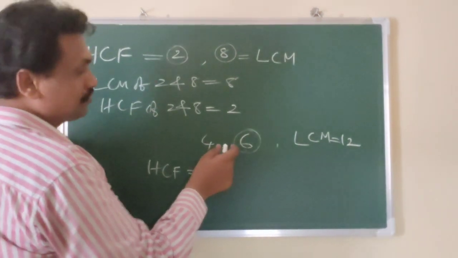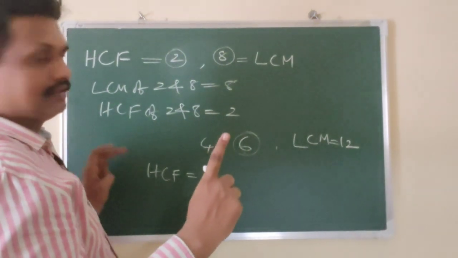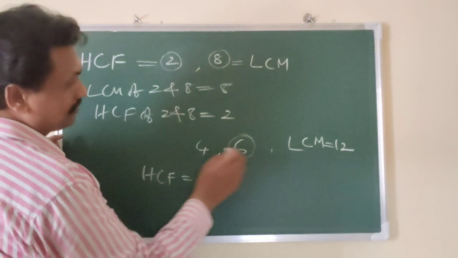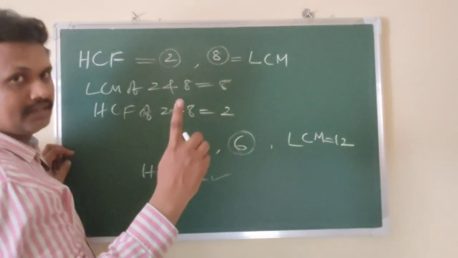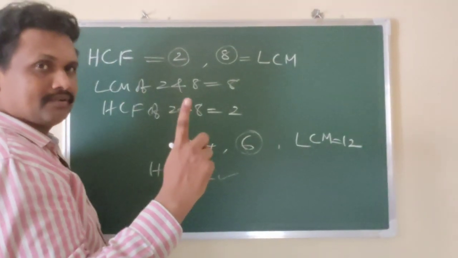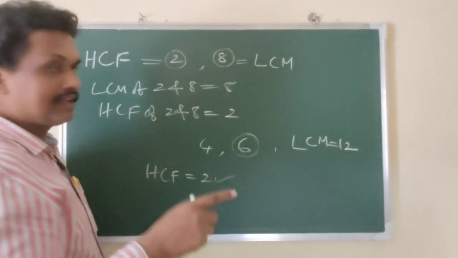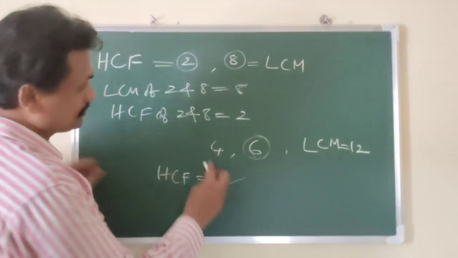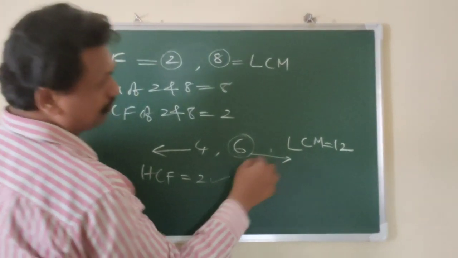Like that, observe the difference. If the difference is very small, say 1, then compulsorily 1 is the HCF. If the difference is 2, check whether both numbers are divisible by 2 or not. If divisible by 2, then 2 is the HCF. Otherwise 1, so we are not getting any HCF other than 1. HCF is 1 means they are called co-primes. HCF of co-primes is 1. Remember one important point: HCF is always smaller than or equal to the small number, and LCM is always bigger than or equal to the big number.